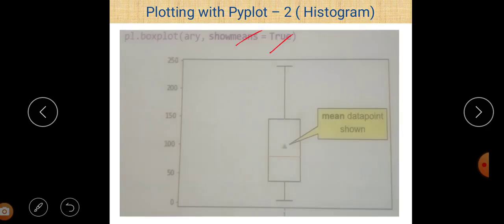By default it is false. So there is a representation of the mean within the box plot. You can easily see here, and this is why: because we just use show mean is equal to true, and by default show mean is equal to false. Always remember that.